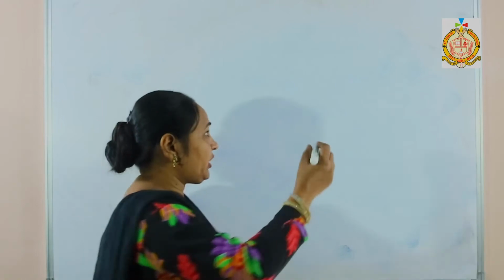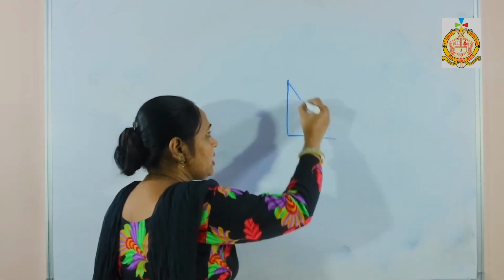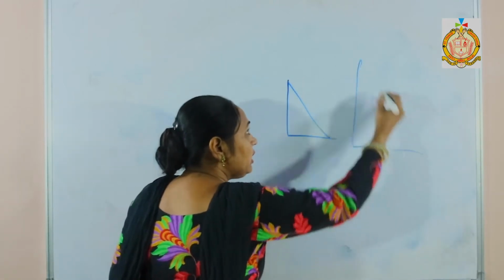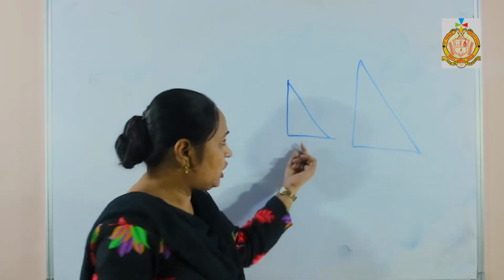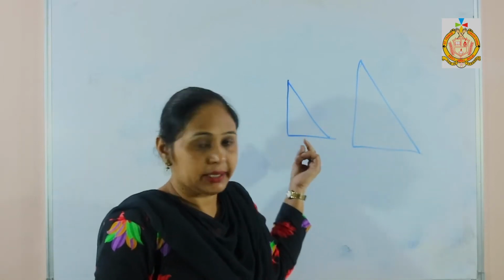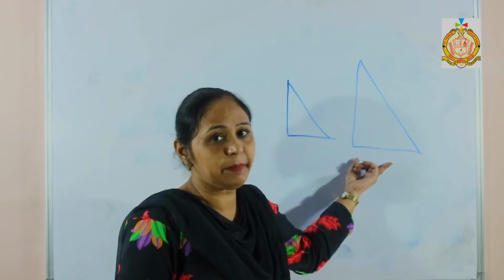In the figures, there is an isosceles triangle, there is a right angle triangle, there is a scale, and there are quadrilaterals, so many figures. And how can we identify their similarity? If there is a right angle triangle like this one, and the other one is also a right angle triangle, these both are right angle triangles. That means these two triangles are similar.